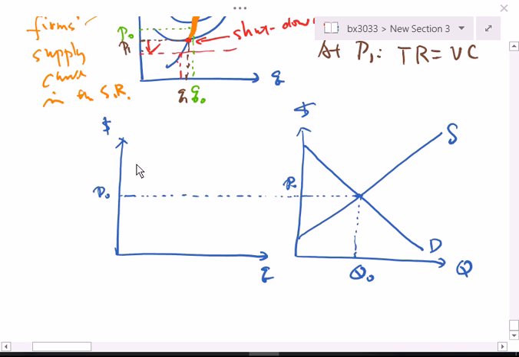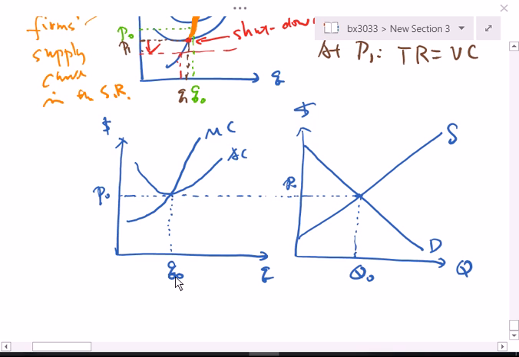And let's start with the long run equilibrium. So that's average cost, marginal cost, and given the marginal revenue, given the market price level, the firm produces at little q0,